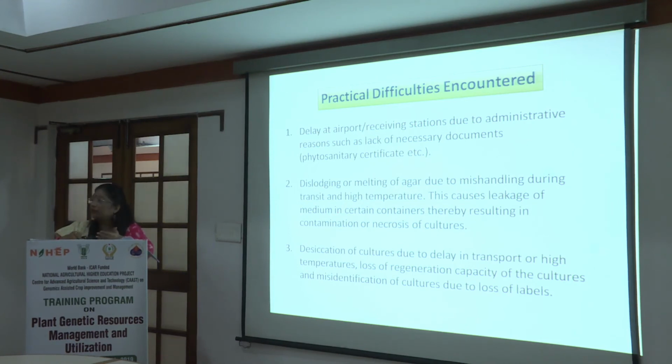Sometimes temperatures rise at the airport in the customs, and if it crosses beyond 40-45 degrees Celsius, the agar tends to melt. Who knows the melting point of agar? Anybody familiar with the melting point of agar and the boiling point of agar? So the boiling point is around 60 degrees Celsius, but melting point is lower. 40. Yeah. So when the ambient temperature crosses that, it tends to naturally melt, and that causes a problem in the cultures. And that can lead to either loss of cultures or infection, none of which is desirable.